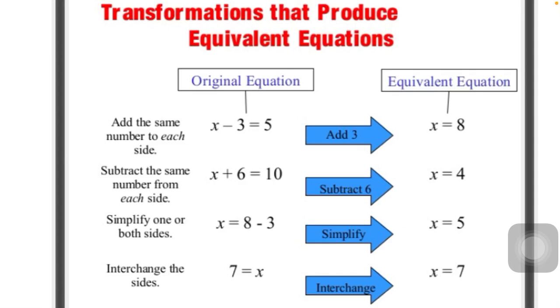You will add 3 on both sides, because आपको x के साथ 3 को हटाना है. अगर आप 3 को नहीं हटाएंगे तो x की वैल्यू नहीं आएगी. In the first equation, x minus 3 equals 5 है. सो अगर आप 3 को वहाँ से हटाएंगे तभी x की वैल्यू आएगी. So what you will do, आप उसमें 3 को ऐड करेंगे on both the sides, तो 3 will be subtracted with 3, it will be 0, तो x बचेगा सिर्फ. And on the other side, on the right hand side, 5 plus 3 हो जाएगा, it will give you 8. तो x की वैल्यू आ जाएगी 8.